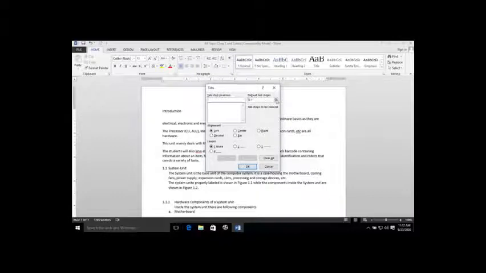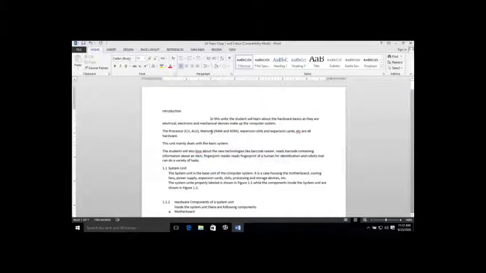Make it some other value, like make it 3. Click OK. So when I press the tab, you will see that it will make a space equal to 3 inches.